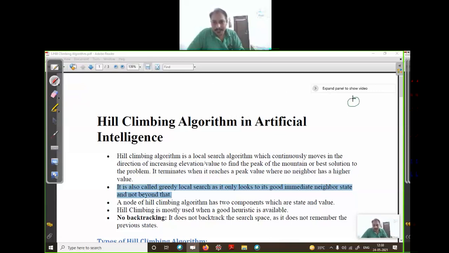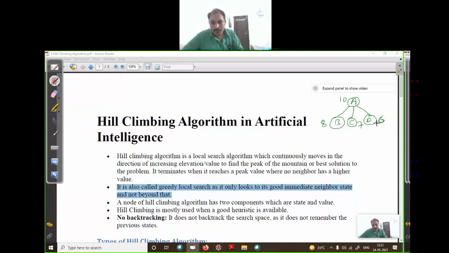Just consider you are at this node A and we have three options, three successors B, C and D. Consider the heuristic value of A is 10, and of the successors 8, 7 and 6. For node A there are three successors B, C, D, and we will select the node which has the least, or best, heuristic value.